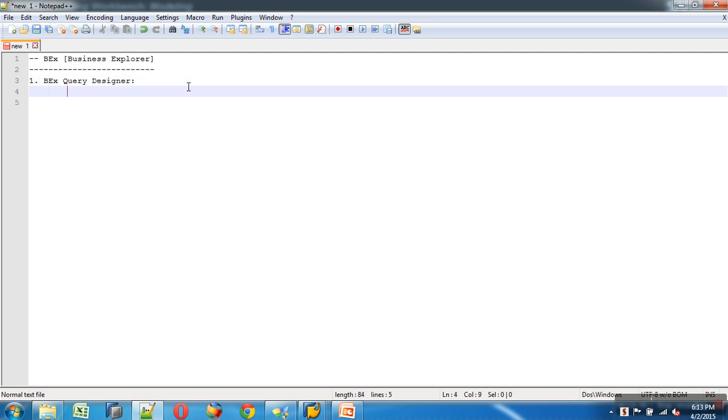So then what is the purpose of this component? Why do we use this? We use this to design a query, because it's BEX query. We use query designer component to design a query. What do you mean by query?